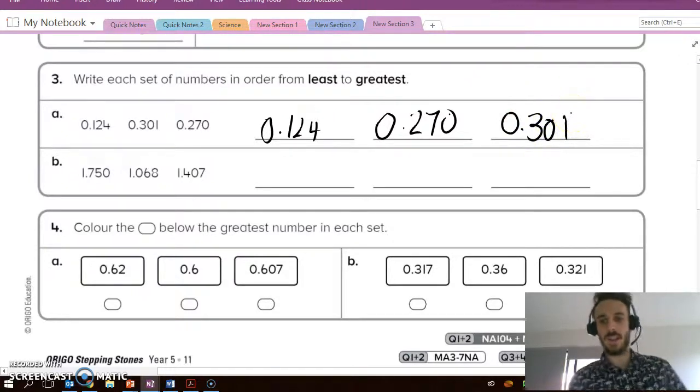And remember what I said in class. How do you explain that this is right? Well, 301 is a bigger number than 124. Simples. B. This is a little bit trickier when they start to throw wholes in because each one of these